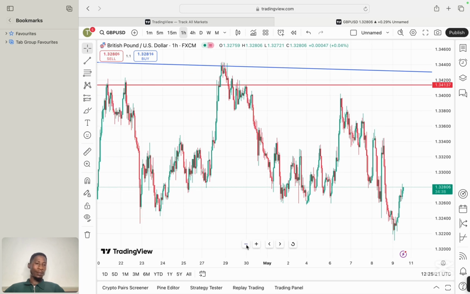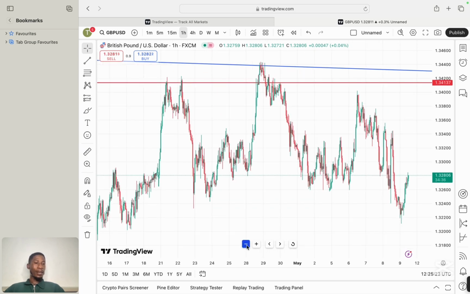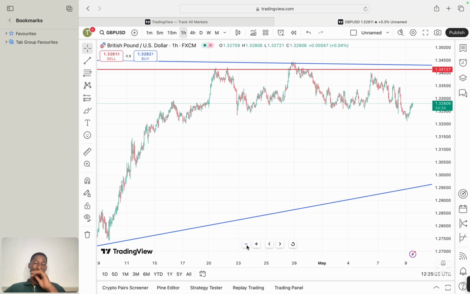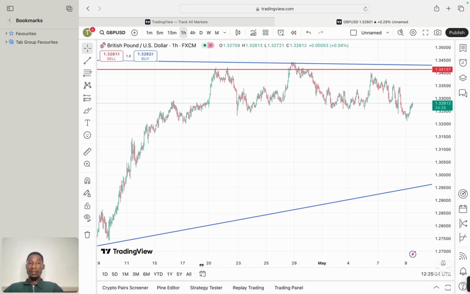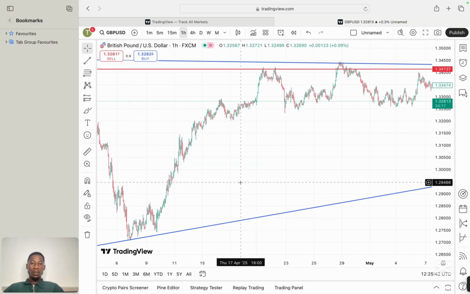Don't forget that. If you tend to forget, that's why you need to have your trading journal. You write everything down, everything you're trading. You have to get your trading journal. I've got mine here. You have to get your trading journal so you can document all your trading. This will really help you in your trading journey. Okay, so as you can see,